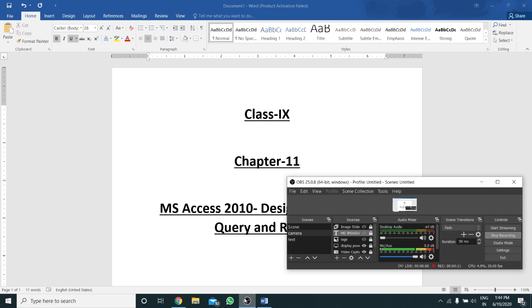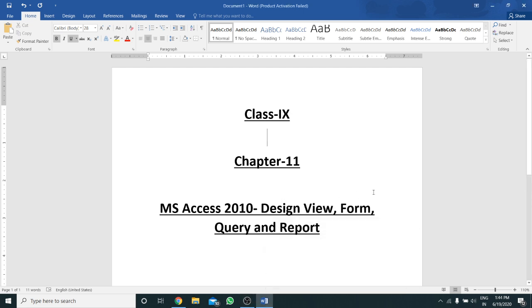Today I shall discuss chapter 11, MS Access 2010 Design View, Form, Query and Report. As I have already discussed MS Access 2010 in the last class, chapter 10, this is actually an extension of that chapter, with a part called Design View, Form, Query and Report.